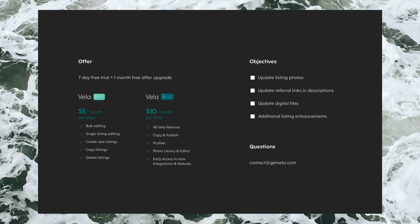Typically, new Vela users receive a 1-week free trial to all functionality and then need to sign up for either Vela Lite or Vela Plus in order to retain access. Everyone will still get the trial, but Prince of Love sellers who sign up for either plan will receive their first month for free. After that, billing continues month to month,